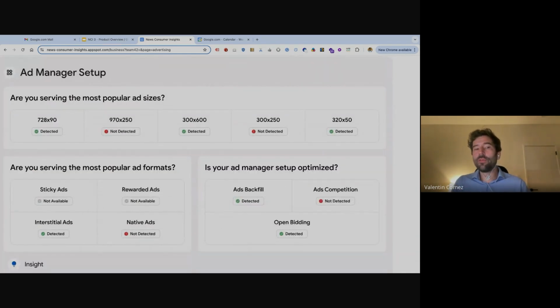If you scroll down, you will see a final health check where we're telling you the ad sizes you should be using on your site to really capture the advertising demand. We also share more information about ad formats that you should potentially be using on your site. And finally,